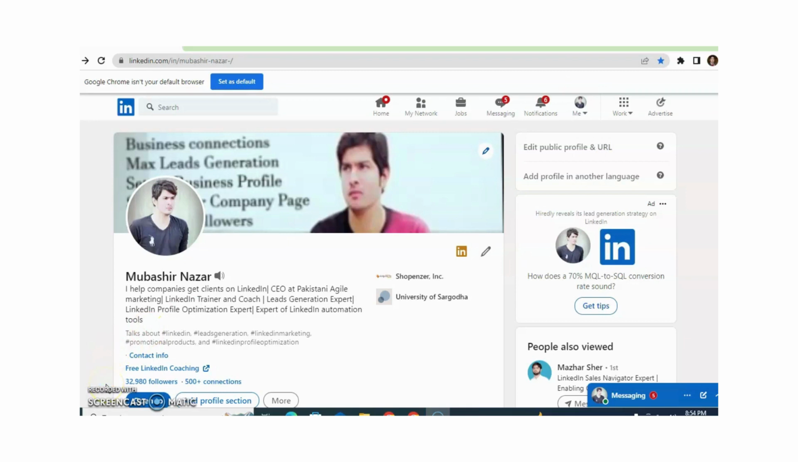Step number 2, write a LinkedIn profile headline. Your headline is the first thing that people will see when they visit your profile. So it's important to make a strong impression. Your headline should be a brief summary of who you are and what you do, and should include keywords that are relevant to your industry. And now you can see that I am using different keywords, so different recruiters and different